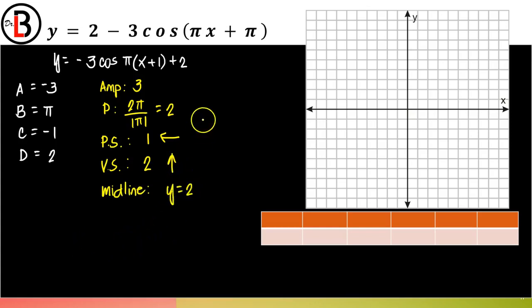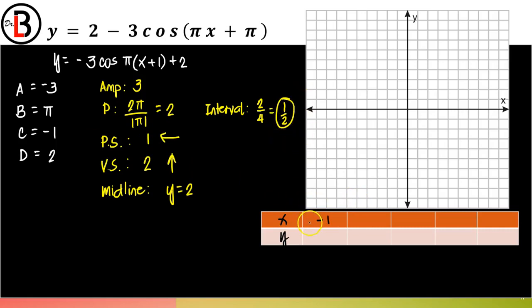So in order to graph this, let's divide the period. Let's get the interval or increments. A period divided by 4, every 1/2. So you can see that instead of pi units, what you have now are rational numbers. So let's start with the numbers here in the table. You can see in here that the phase shift is 1 on the left. We start with negative 1 because of the phase shift. And then the interval is